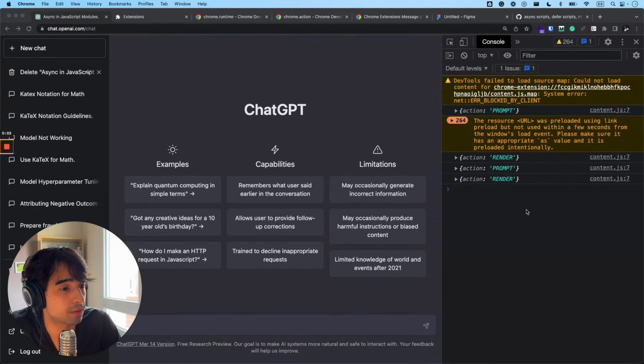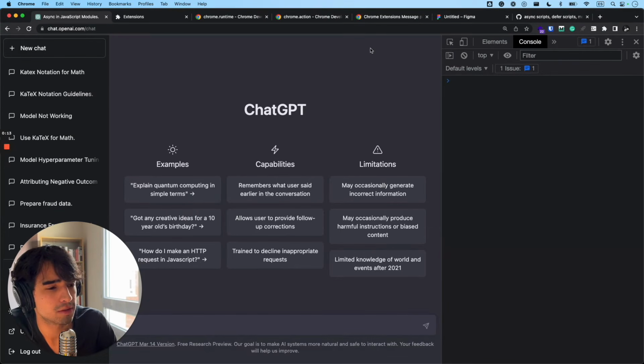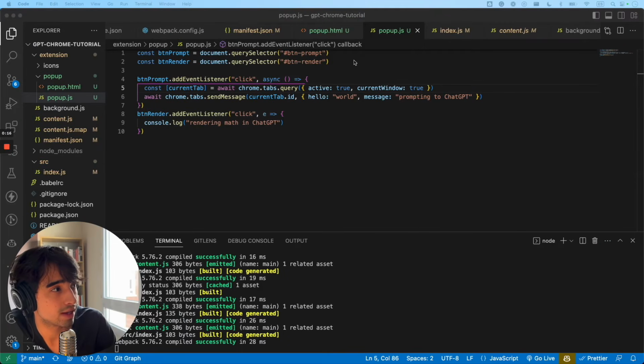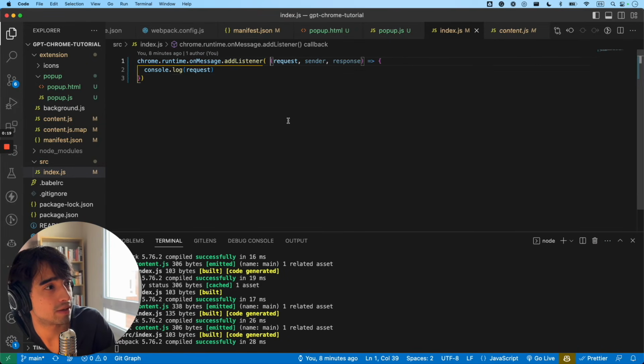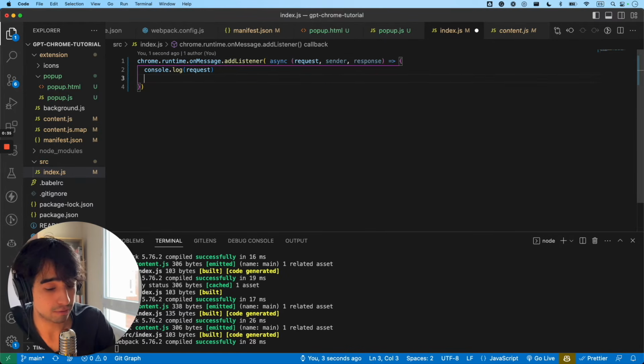All right, so now what we're gonna want to do in this section is basically to just send the right messages from our Popup to our content.js, okay? But first of all, I just wanted to clarify something real quick, is that I had mentioned before that you had to add async here in order for it to work, and the problem is not actually the async thing. I mean, of course, you're gonna need an async to make it an asynchronous function in your content.js if you're making